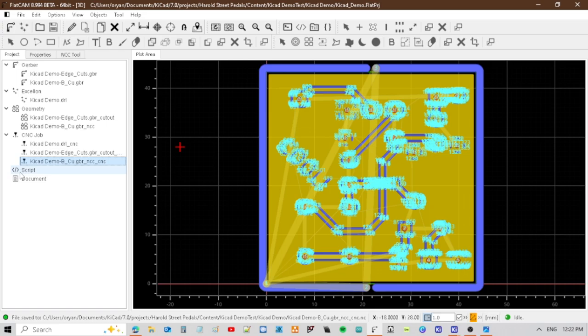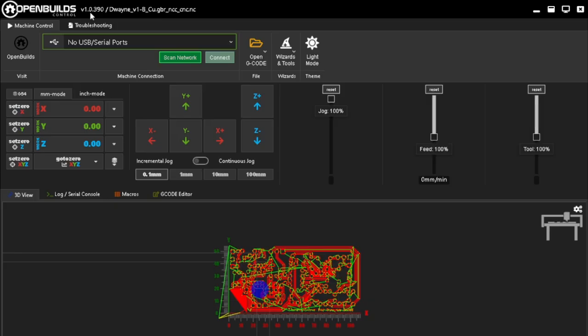Save it. Now when you open your CAM software, which I'm using OpenBuildsControl version 1.0.390. There's another board I was working on. So you can see